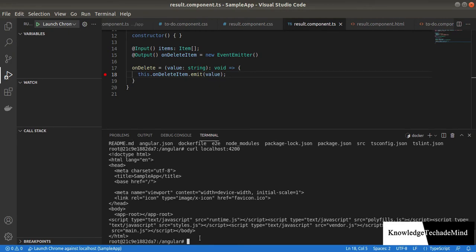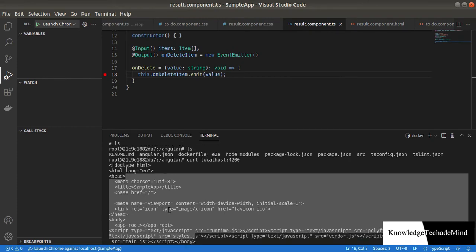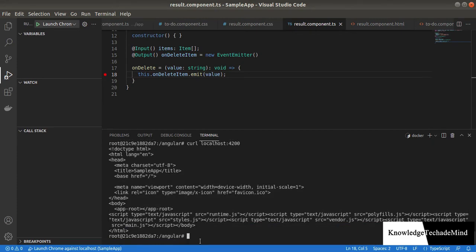I can see that the application is running perfectly and I am able to get the response inside the container.